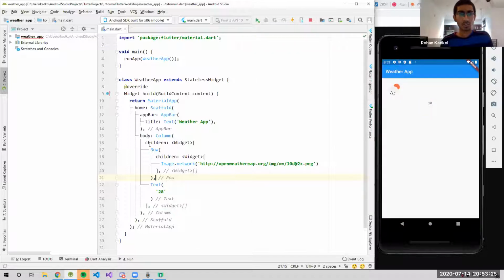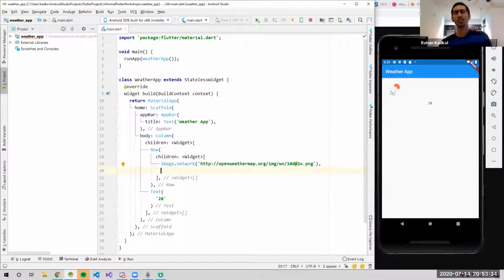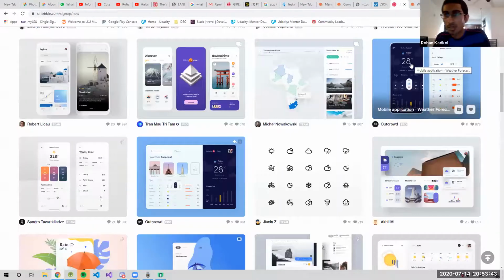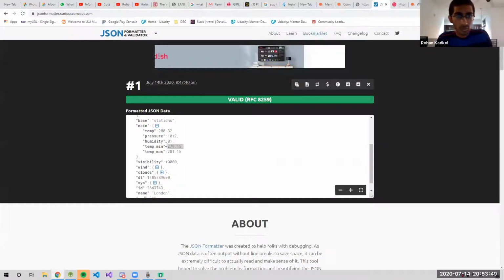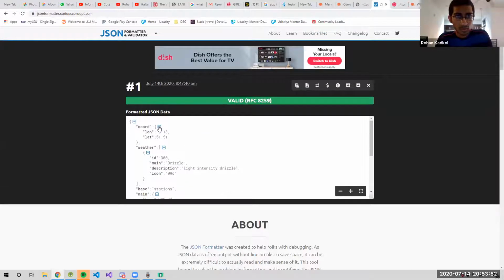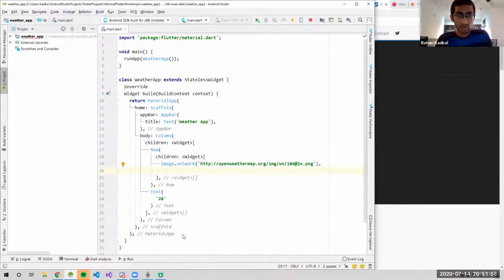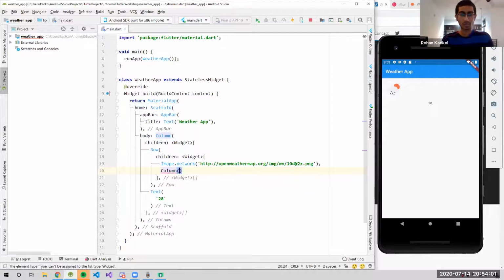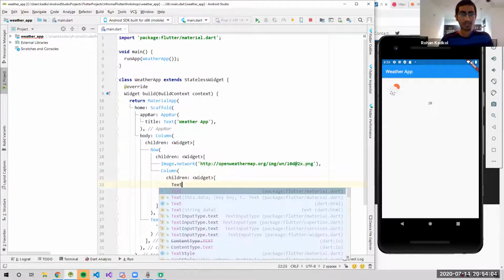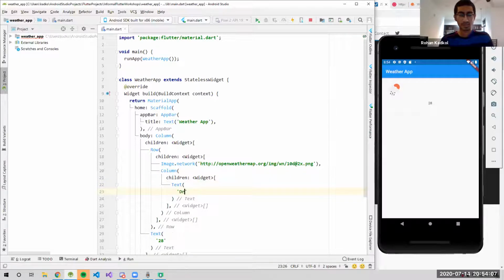Okay, this is what's happening. So we have a row. First thing is we need an image. Next, what we need is the interval. Okay, then it says today, and it shows the time. Here, let's display drizzle and light intensity drizzle. Okay, good. So here we'll actually have a column of children, and here we'll have a text that says drizzle,